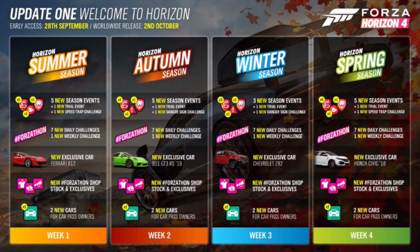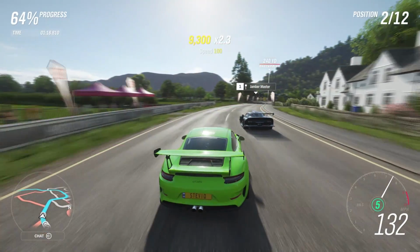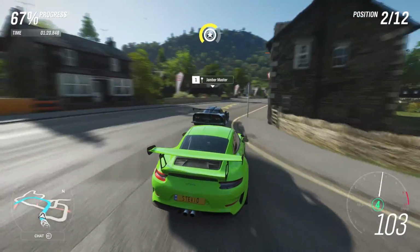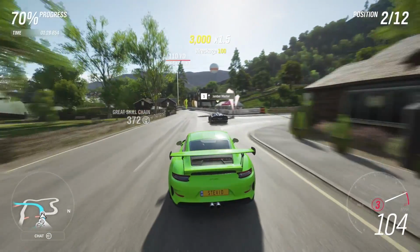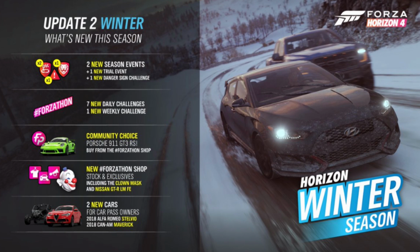It was the first Forzathon Shop car during the summer season in Series 1. It cost 150 Forzathon points. It was brand new, not found anywhere else, and I probably only ended up buying one of them, stupidly. It did come back very shortly after, though, in Series 2 Winter, in the Forzathon Shop once again for 175 Forzathon points. It was a community choice, people wanted it back in the Forzathon Shop,